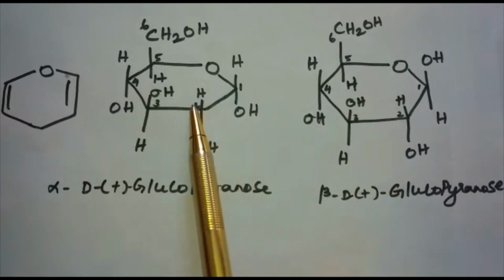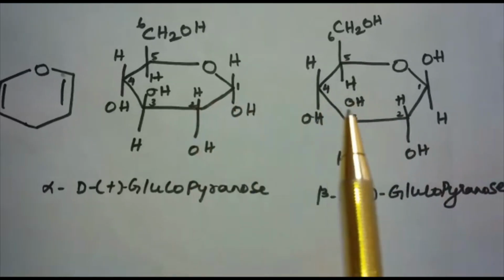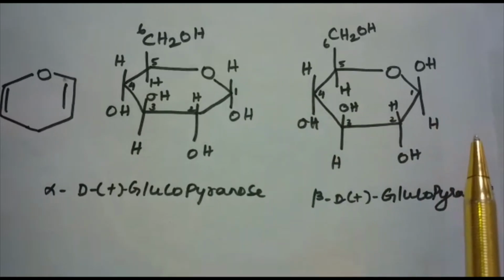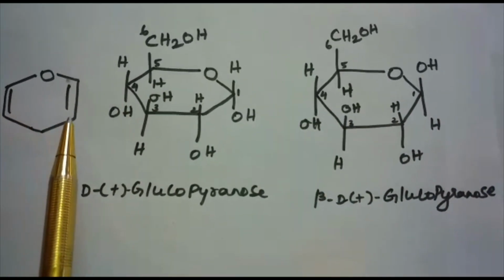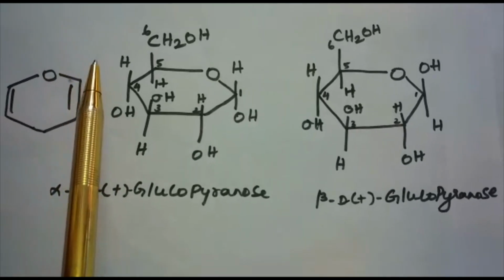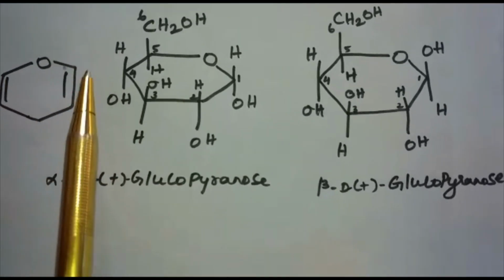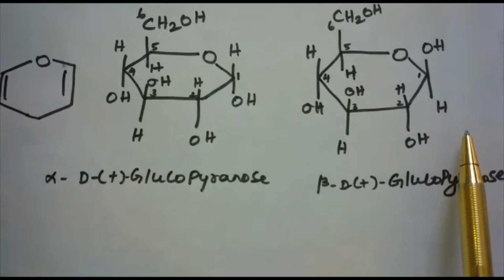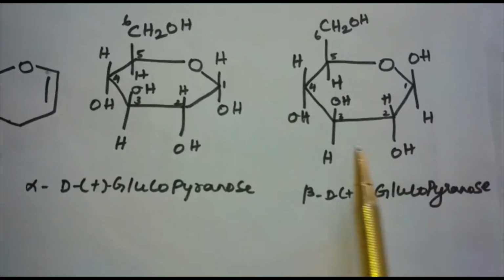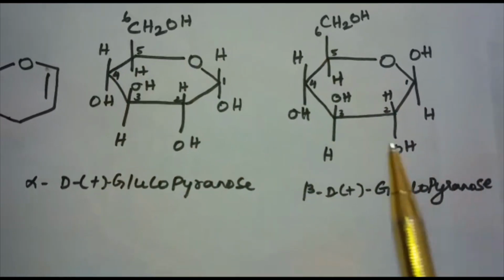This is the pyranose structure of glucose, the 6-member cyclic structure of glucose. This is called the pyranose structure in analogy with pyran. Pyran is nothing but a cyclic organic compound with one oxygen atom and 5 carbon atoms in the ring. The cyclic structure of glucose is more correctly represented by the Haworth structure, which is shown here. And the carbon atoms are found numbered over here.